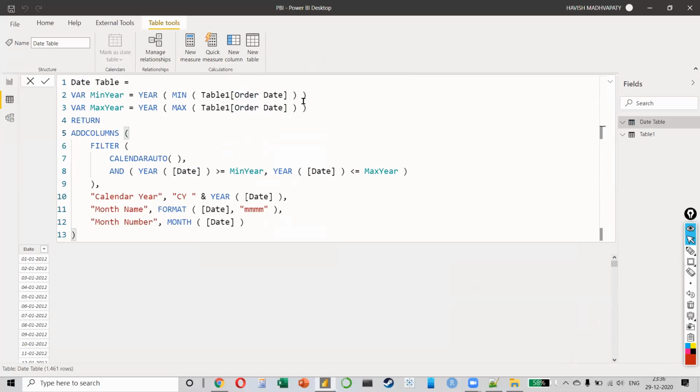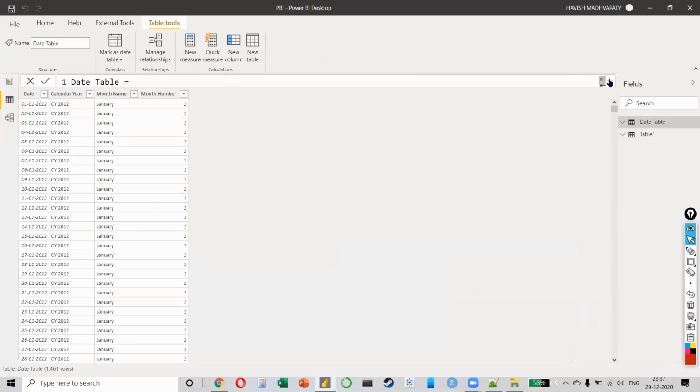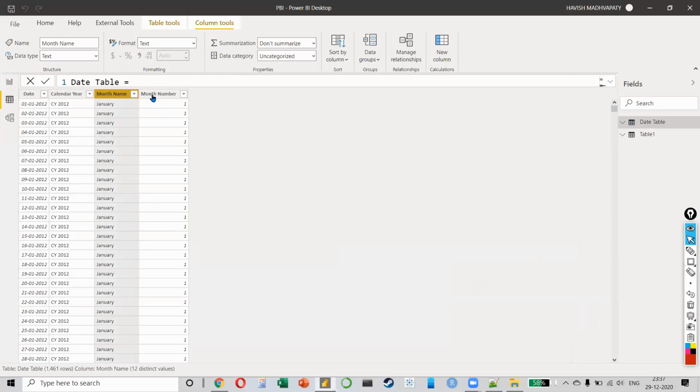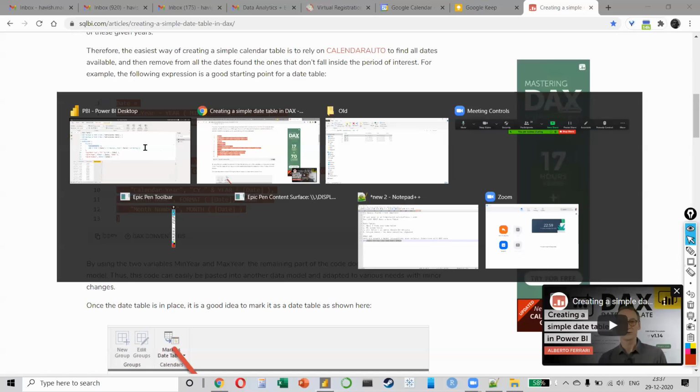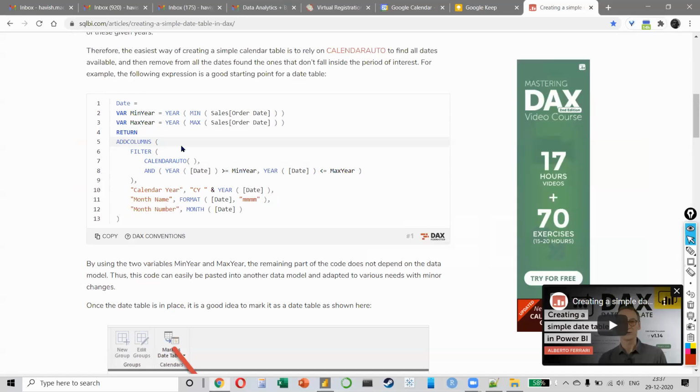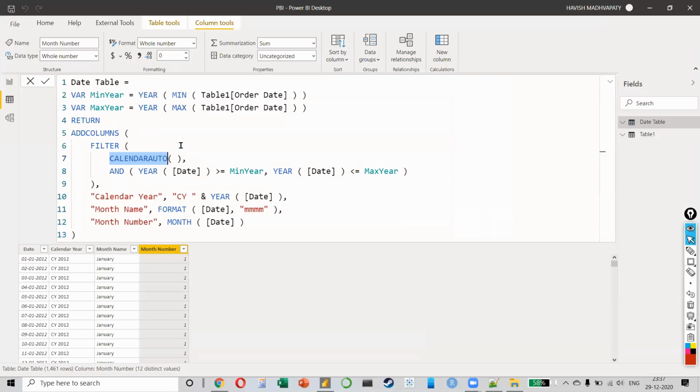What is this table doing? Don't focus on the formula, look at the result. This date table will not just give me a date column, it will give me the date, the calendar year, the month name, and the month number. Very cool, right? A single formula is creating 4 different columns for you. That is the power of DAX. DAX is very simple in the beginning, but if you really want to use DAX for very complicated operations, you can do that as well, like this. And as you can see, these are readily available on the internet, so you don't have to put in too much effort. All of this is very easy to just copy and paste, basically.